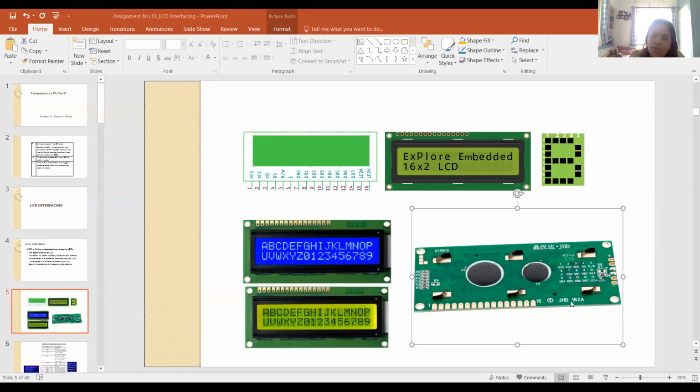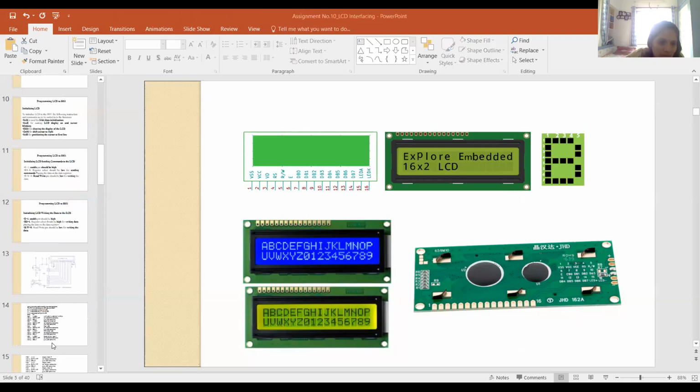You can use any port for this purpose, but whichever port you use, use the same port number in your program. So the pins of this LCD you connect through wires to the 8051. This is the type of connection. I will show you the connection.